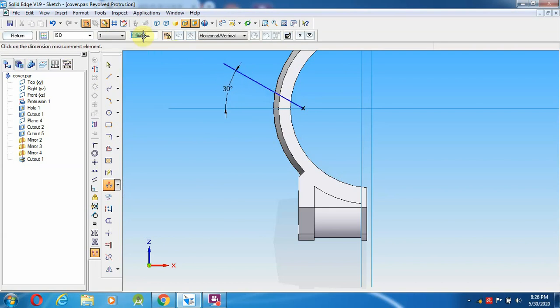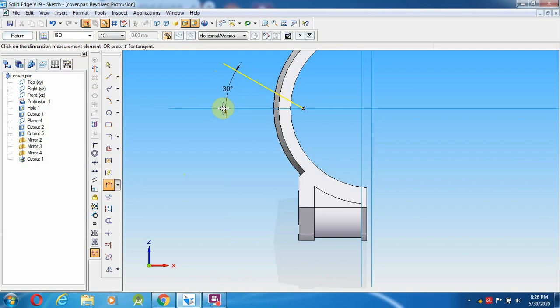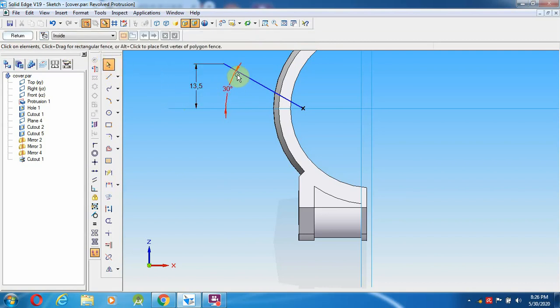So 30 degree, then measure the distance from the end of the line from here, that is the 13.5 mm. So measure the distance from here to here, 13.5 mm. After that select a line from here to perpendicular line of 5 mm distance,